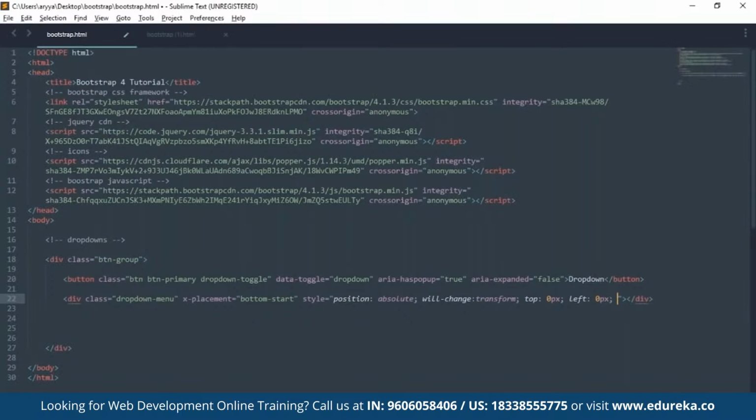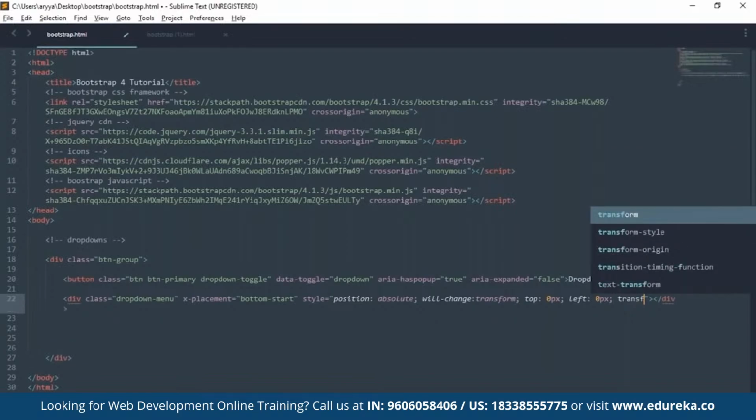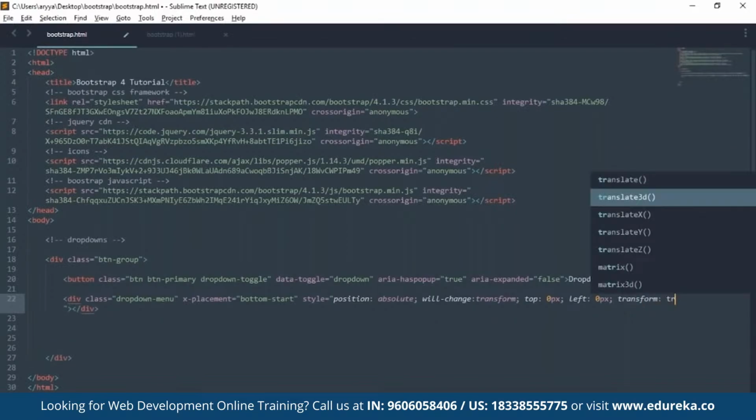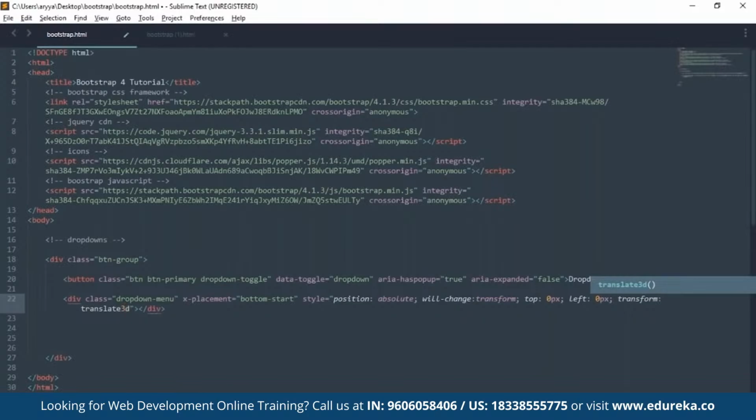And we also have to set our transformation. So we say transform and translate in the 3D manner. So translate3d. So we're going to translate by 0 pixels on the x-axis. Y-axis is going to be around 38 pixels. It's a semicolon, I guess. It's a comma. That's 38 pixels and 0 pixels on the z-axis. We're done, saving that. Now inside this div, we actually have to enter all the elements that we wish to